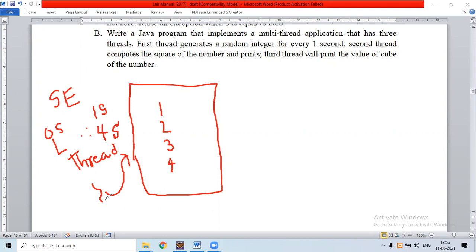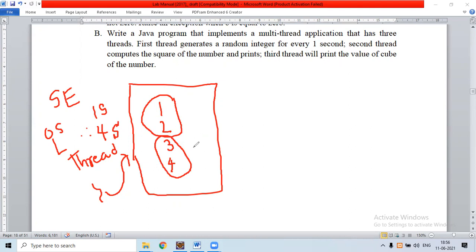The parallel execution means here the tasks are grouped and these groups are executed in parallel. Suppose consider here the 1 and 2 are grouped in one category, 3 and 4 are grouped in another category. These two categories are executed in parallel.